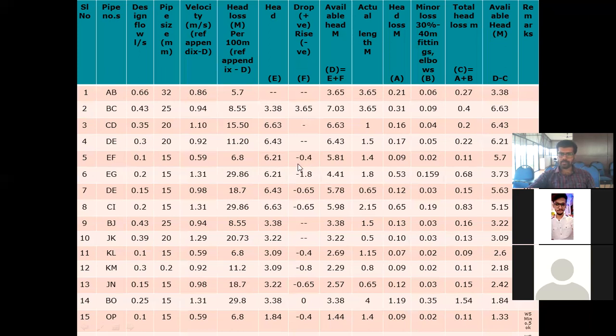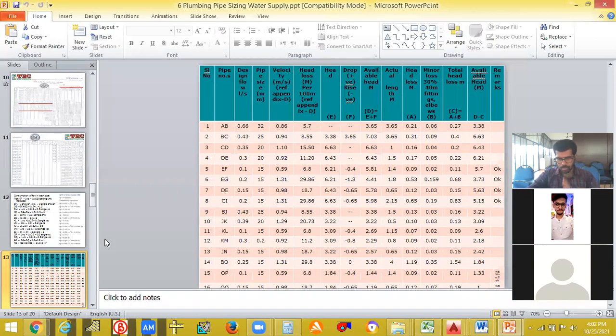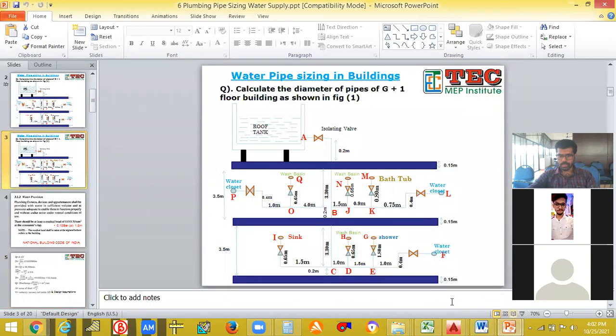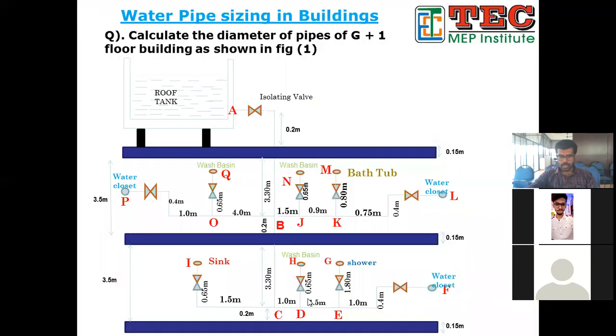Drop is negative, it is showing negative 0.4. EF is minus 0.4. So that's minus 0.4. Now you got minus. If the water is coming from the bottom to up, it is negative. Okay. So EF is showing minus 0.4. So what is this EF? Yeah, this is EF. Its length is 1 meter and this height, you can see, is 0.4. So this 0.4 is going upwards. The water is going from down to up. So you can take this as negative. Drop is negative. 0.4 meter is the negative drop.